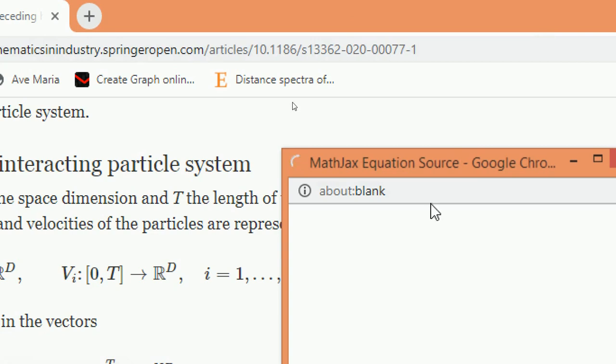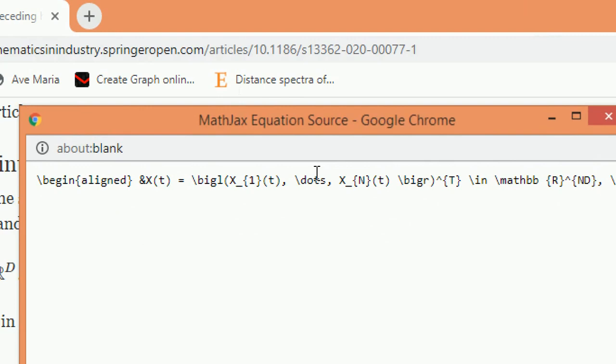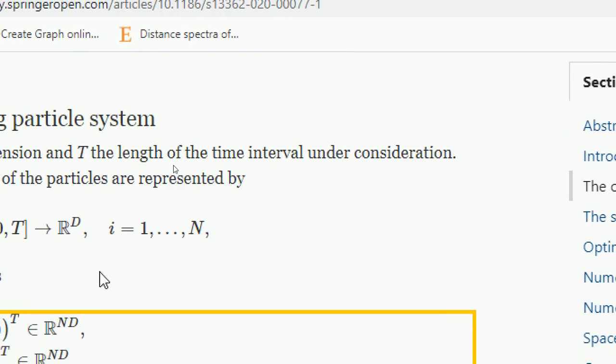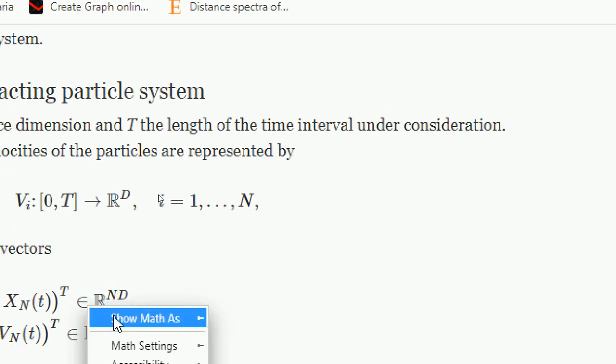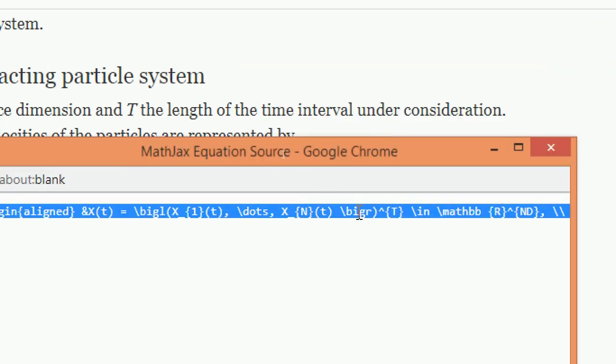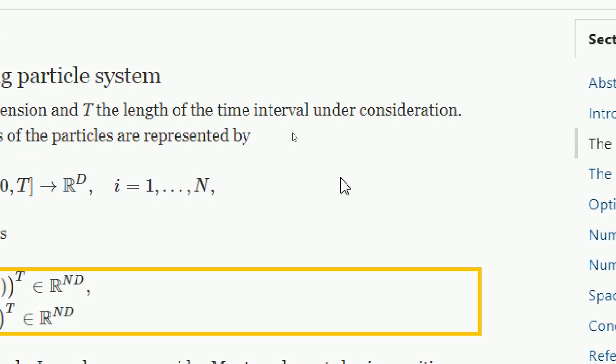So here you could see a beautiful LaTeX command behind the concept, used to produce this particular equation. If you want to use this code, you can simply right-click and go to the TeX commands. You can copy it and paste it in your present LaTeX compiler. You can even use these codes when preparing a paper or article. You can copy from an already existing article and paste it in your present LaTeX document. So this is one example.